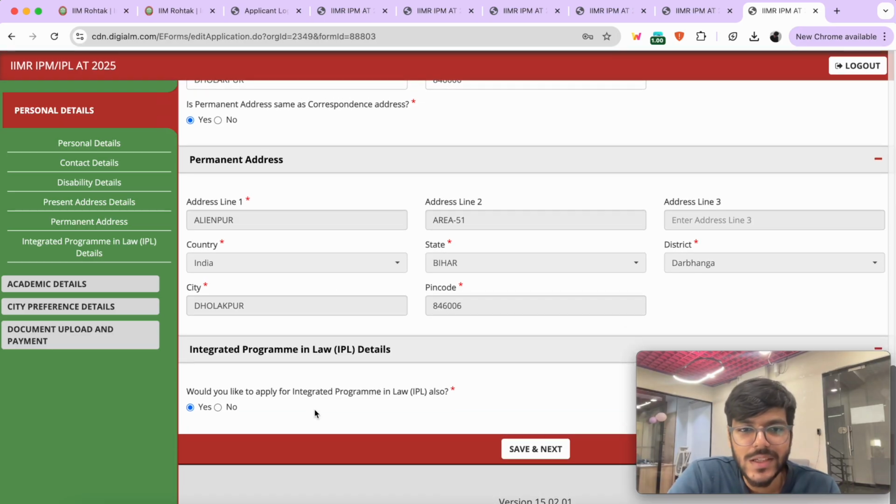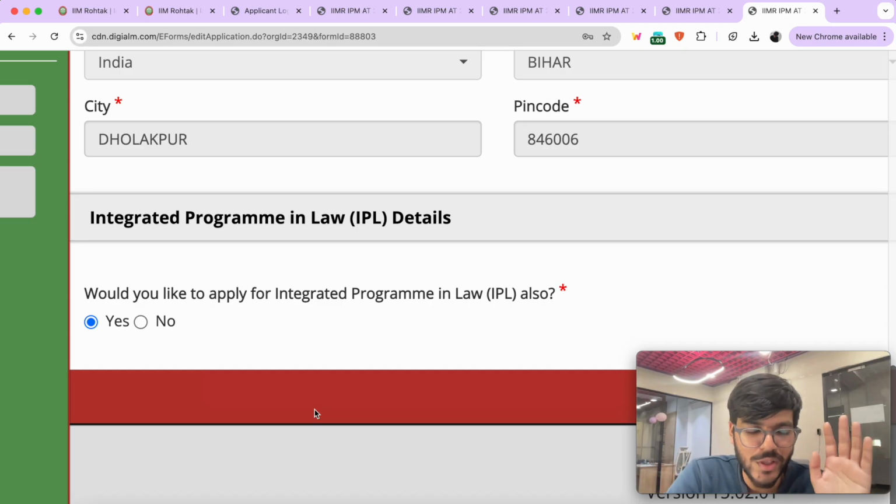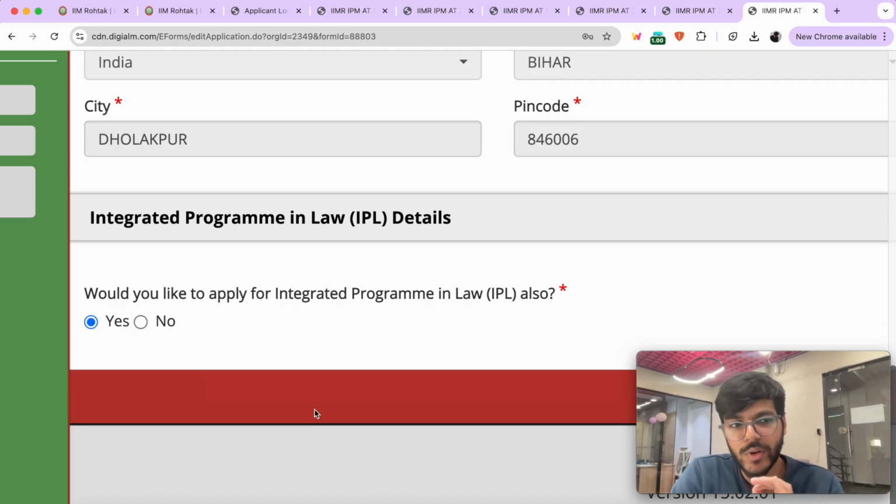After that, this is a very important section which I want to give 2 minutes of time to, and I think you should all listen to it. Normally the Indian mentality is, if you're getting anything for free, there's no harm in getting that. In this particular form, they are charging you 4,900 rupees, and they are giving you an option that you are already applying for IPM by default, but you can also apply for the IPL program